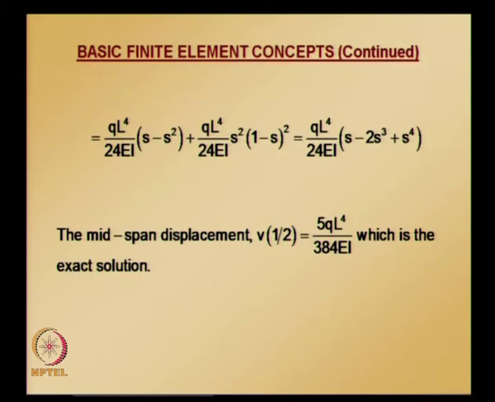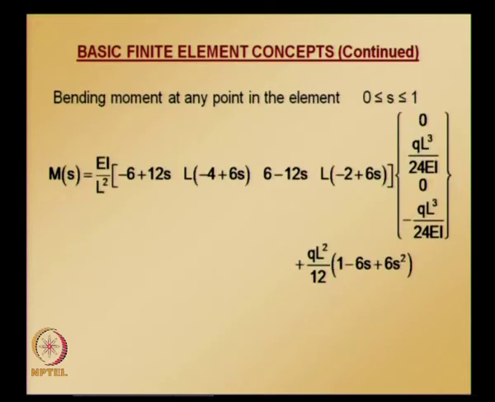And now bending moment at any point, using the nodal values and the second derivative of shape functions, interpolating using the second derivative of shape functions and the nodal values, we will get the first term, and the second term is nothing but it is coming from the fixed end solution, which acts like a correction term. And now simplifying this,